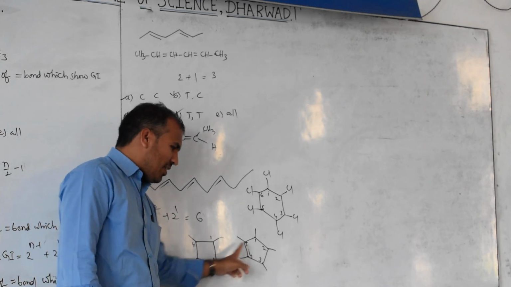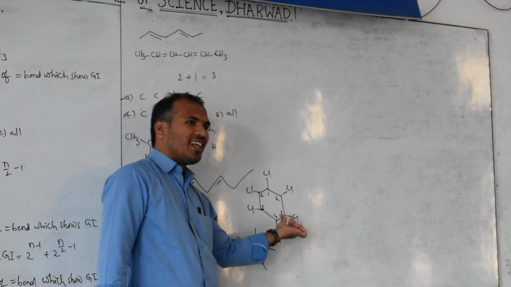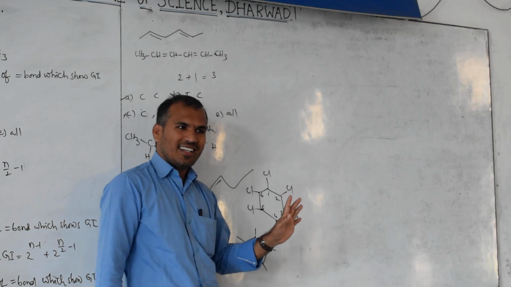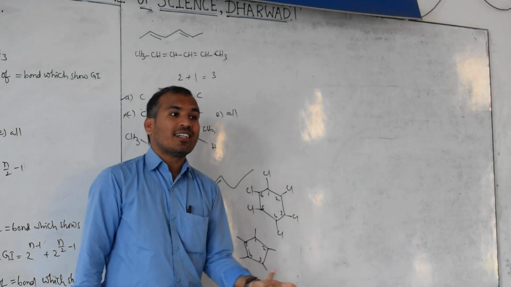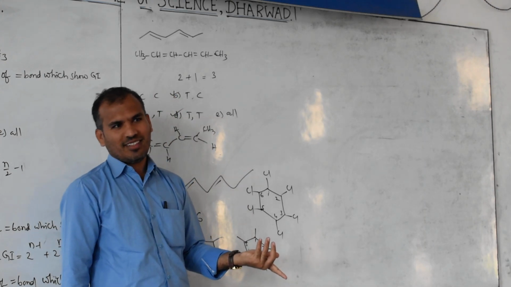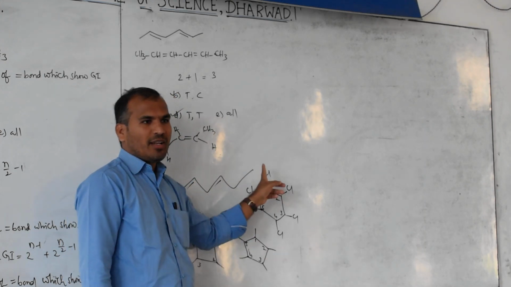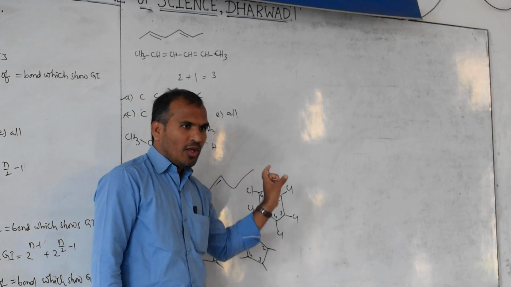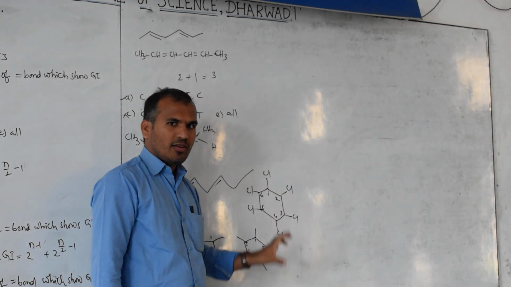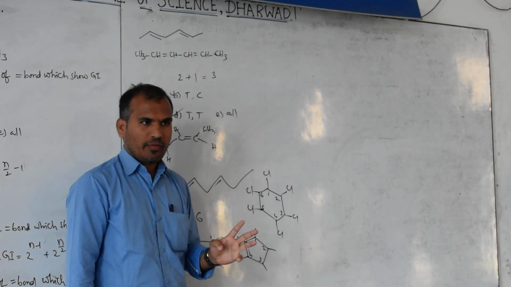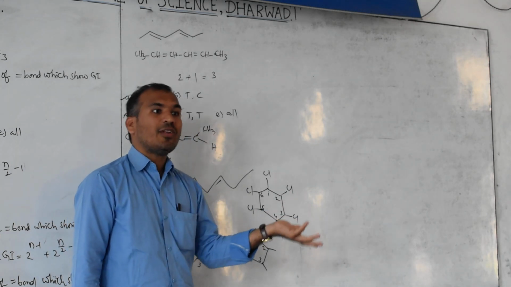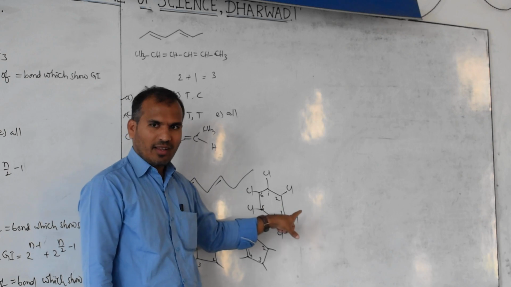Then if you count with respect to this one, you are getting the wrong answer. Getting it? If you count like this, 1, 2, 1, 3, 1, 4, you will get 6 only. But the actual answer is how much? 8. You can apply here: 1, 2, 1 restricted rotation, 1, 3, 1 restricted rotation, 1, 4, 1 restricted rotation. Then total how many restricted rotations? 3. Then 2 power 3, you will get the answer 8.